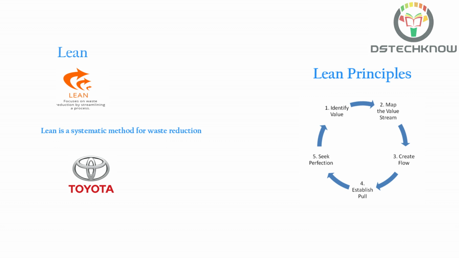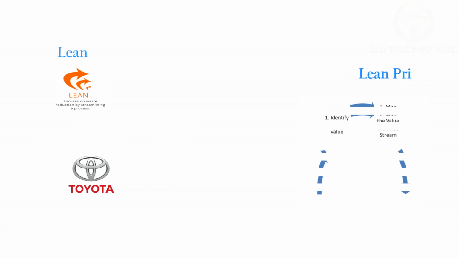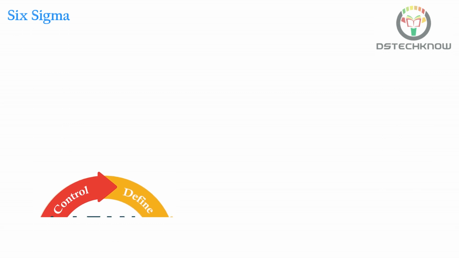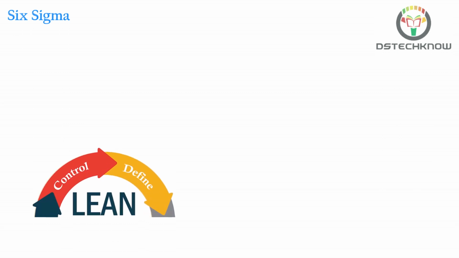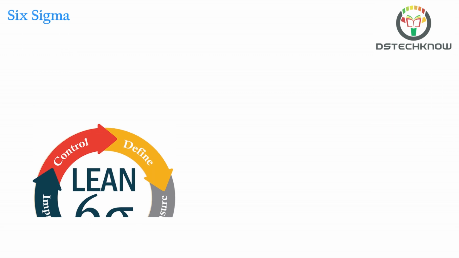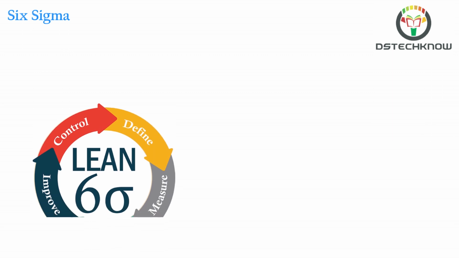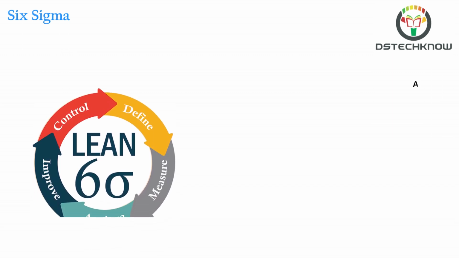It is important to remember that Lean is not a static system and it requires constant effort and vigilance to sustain and improve results. Six Sigma is a set of tools and techniques for process improvement. It was introduced by engineers while working at Motorola in 1986. Six Sigma, like I mentioned in my previous video, is the most effective data-driven problem-solving methodology for all business processes.